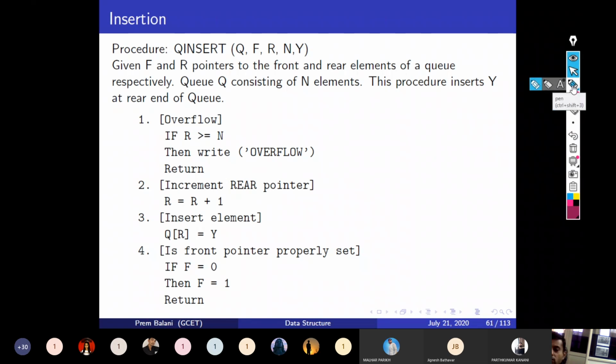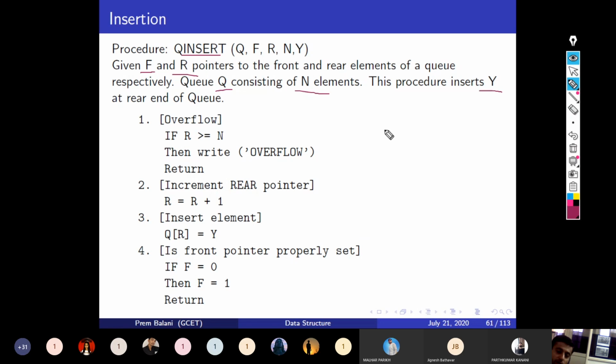So let's first see the insert operation. We are given two pointers, front and rear, and we have to insert y in this queue, which is represented by q, and the length of the queue is n elements. The number of elements which can be accommodated in the queue is n.